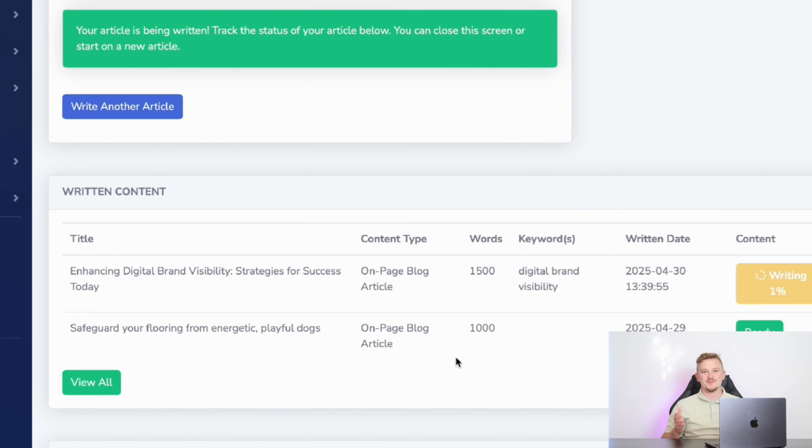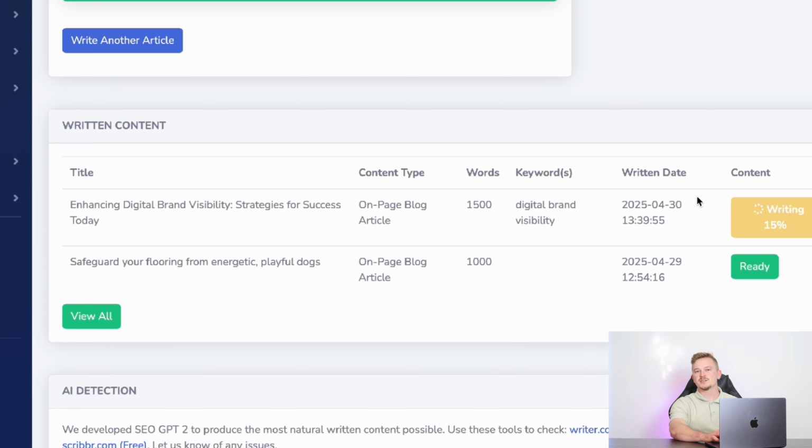In actual fact, optimized articles. And while this article is being written, it doesn't stop you from going back and using the other free advanced AI tools or writing more articles. In actual fact, let's carry on to the third and fourth thing on this list, which is on-page SEO optimization